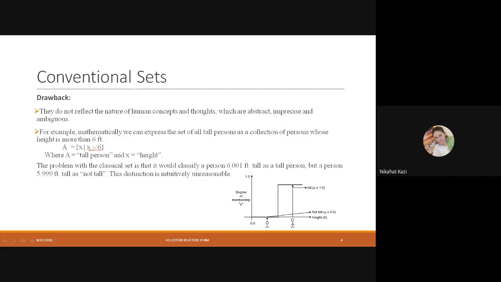So if you're trying to plot it graphically in terms of membership, this plot is called the membership function plot. If you look at the membership of an element in the set, there is a steep rise, right? A sharp rise directly. Okay, so the drawback of this is that